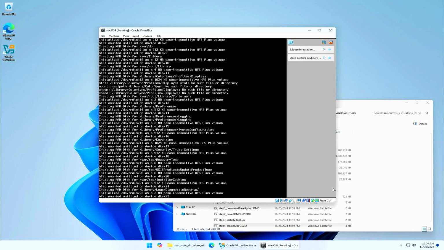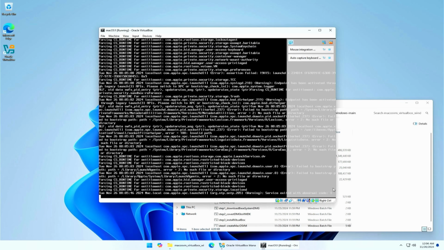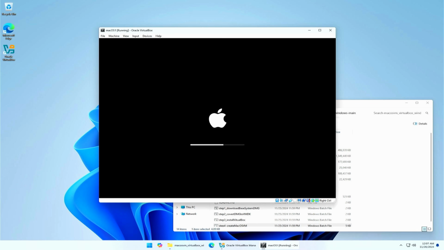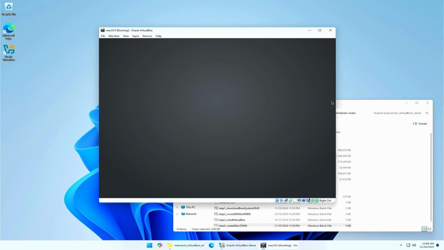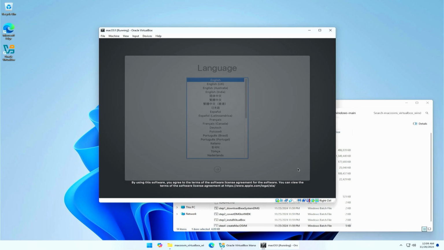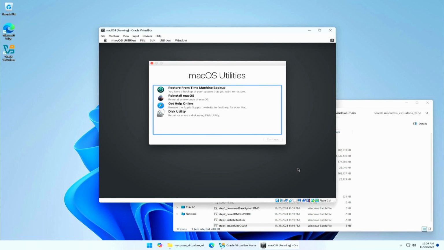After a bit of patience, you will see a lot of text scrolling by. These are the boot messages in verbose mode for macOS. And if all goes well, after some time, you should also briefly see the Apple logo with a progress bar, and eventually you should end up in macOS Recovery, where the first step is to select a language. Choose the language of your choice and press the Next button at the bottom of the window. We're now in macOS Recovery, and before we can install Catalina, we will need to prepare the virtual disk by creating a file system on it. So from the macOS Recovery menu, choose Disk Utility first.